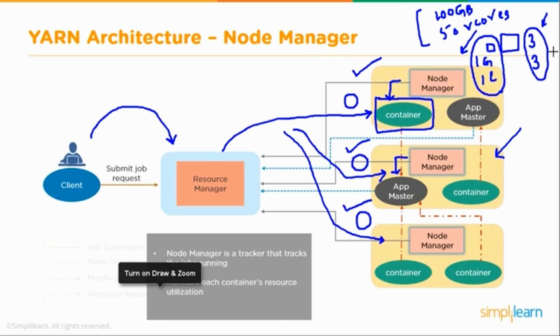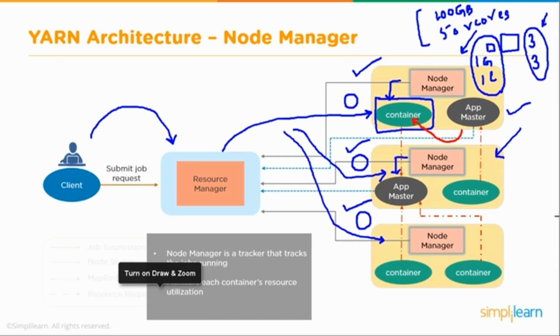But once your node manager has guaranteed and said yes, I can give you the container that you want, that's when your resource manager will start a piece of code called application master. So an application master is started once the container request is granted by the node manager, and this application master is per application. So if I have 10 applications submitted to YARN, then I would have 10 app masters running in parallel. And where would these app masters run? This app master is code, so it will run in one of the containers. In one of the containers you would have this app master running, and this app master is responsible for the